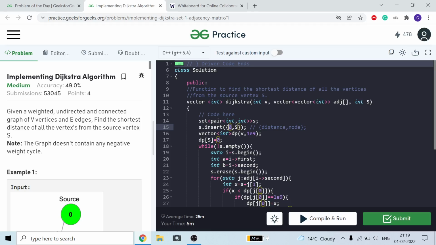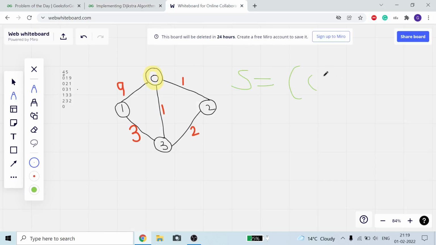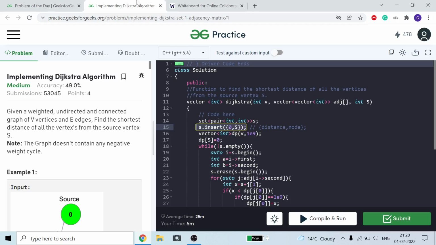Like here, from S to S the distance is equal to 0, and the node we will store in it is S. So from S to S the cost is equal to 0. That's why we insert 0 comma S, you can see here. As 0 is our source node, 0 is our distance and S is our source node yet. This is our set.